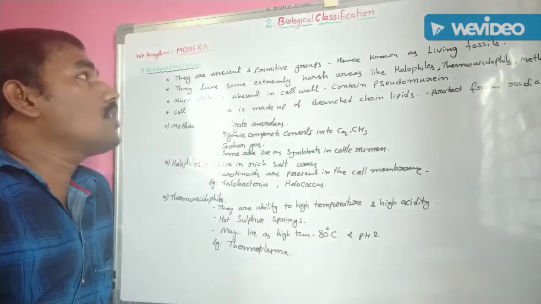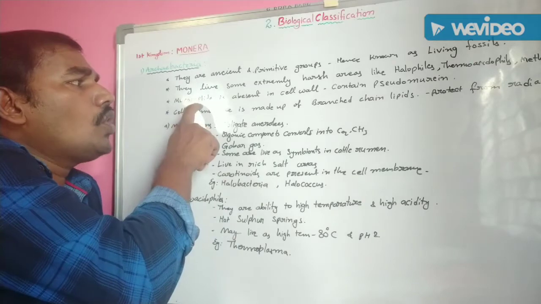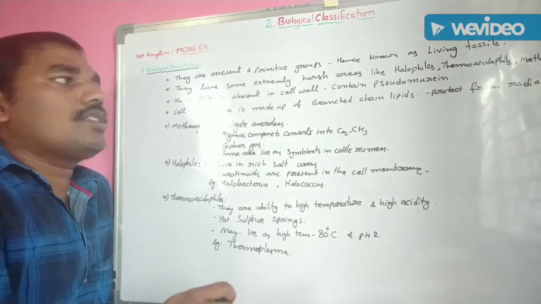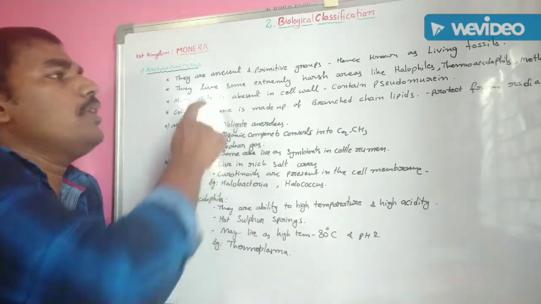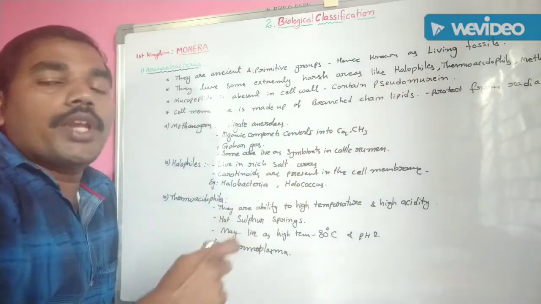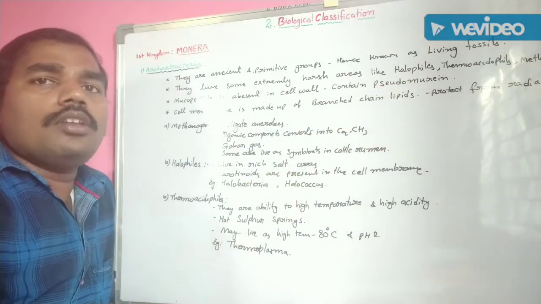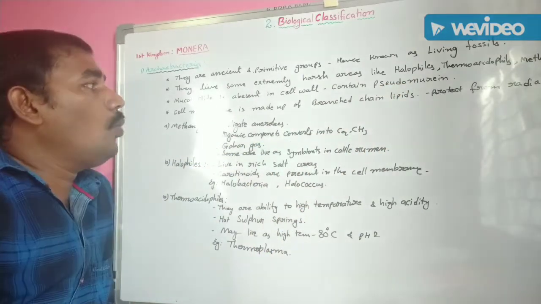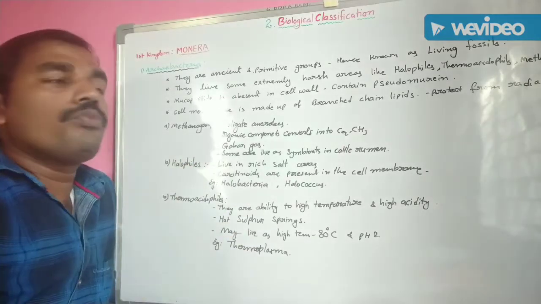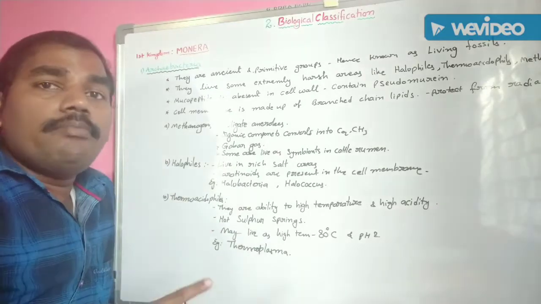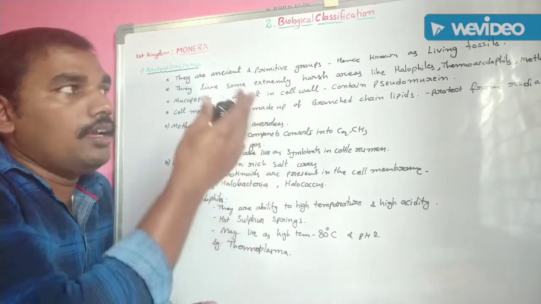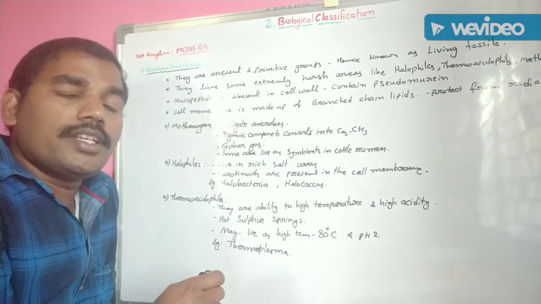In the cell wall of these archaebacteria, mucopeptide is absent. It is replaced by another material. That one is pseudomurein. Remember this one? It consists in the cell wall. Because of the presence of pseudomurein, these archaebacteria can survive in some harsh conditions like halophiles, thermoacidophiles and methanogens